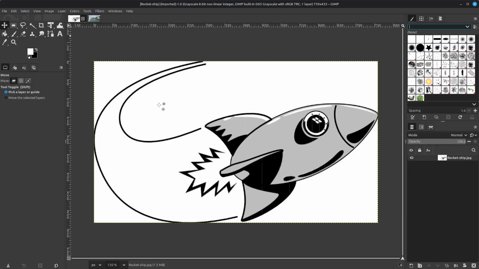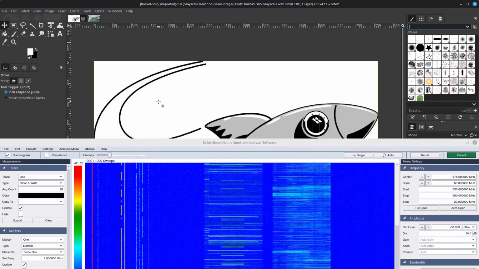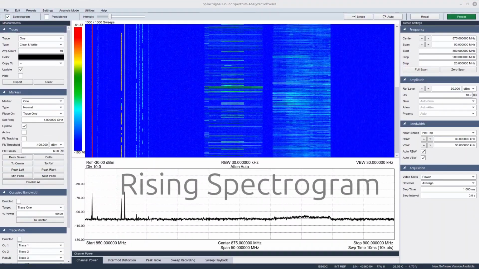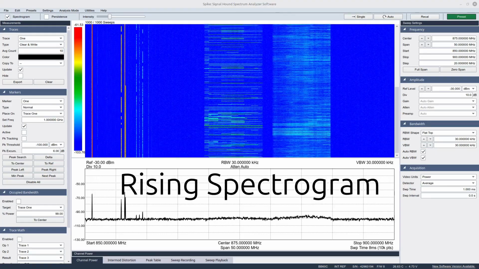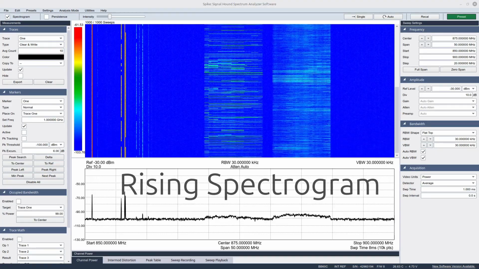The third thing that I might need to do depends on the spectrogram that it's going to be drawn on. If I'm going to be putting this onto a rising waterfall, a rising spectrogram, such as you find in GNU Radio Companion itself, then I don't need to do anything with the image. I'm good to go.